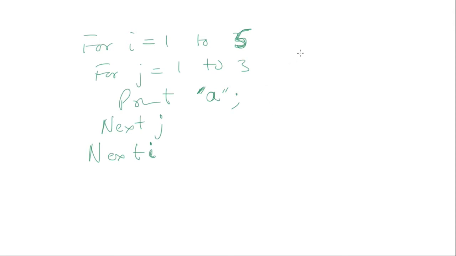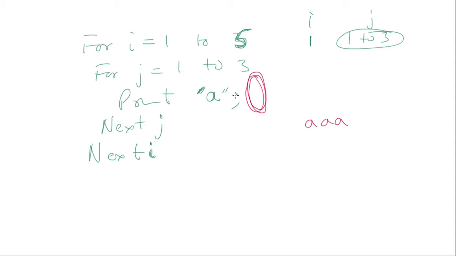What the issue is, the computer says, okay, i is 1. Then it gets into this. It says, I'm running a loop of j which is going from 1 to how many times? 3 times. 1, 2, 3. Print A one beside the other. So it prints A on the output screen. j runs 3 times. Get the point?